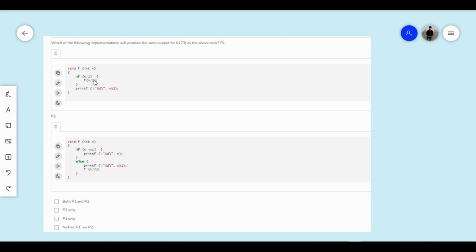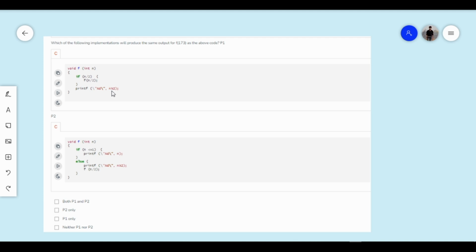And we will make a call for f of 86. Again, we will check 86 by 2. That will be 43. Because 43 is not equal to 0, this if condition will be true. Again, we will go. At last, when we have n as 1, then 1 by 2 condition will be false. And we will come back here.